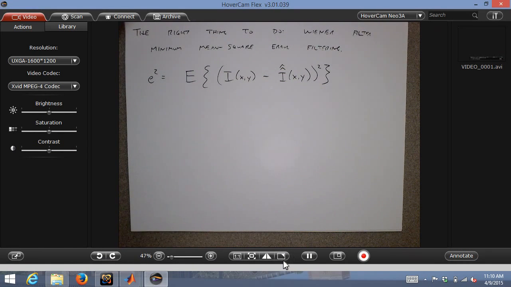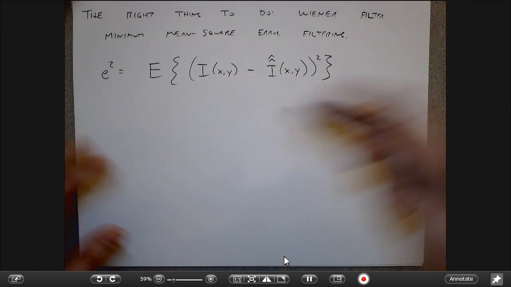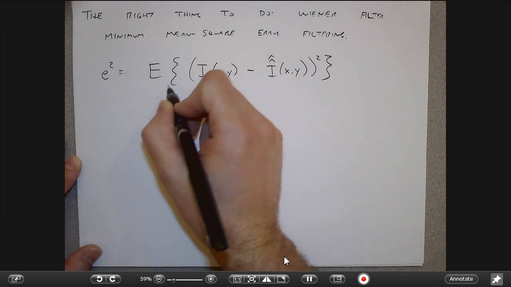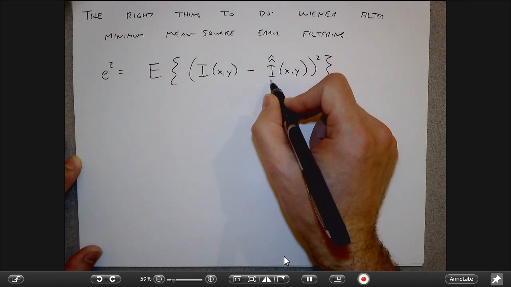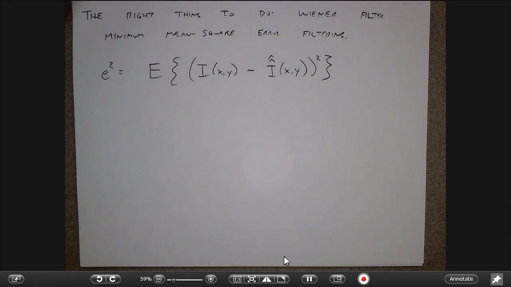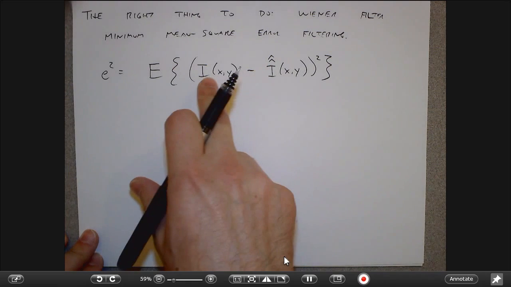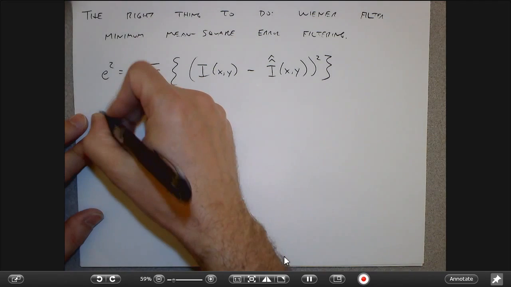Okay, sorry about that. So you didn't miss much. What I was saying was that the right thing to do is what's called Wiener filtering, which means that I have an error, the expected value between my original image and my reconstructed image. I want to make the sum of squares, I want to make that expected value as small as possible, right? So I have a model for how the corrupted image was produced from the original image,